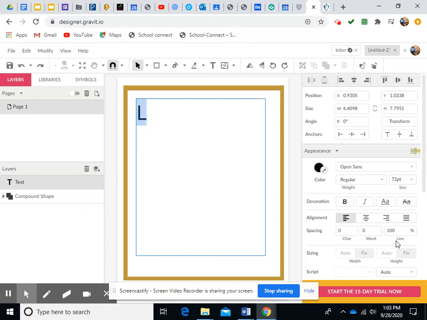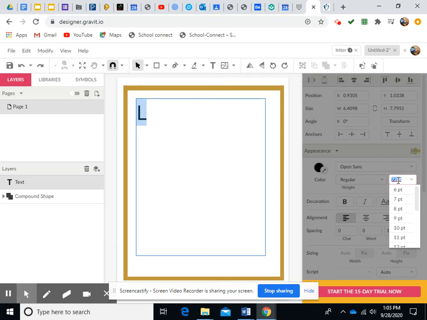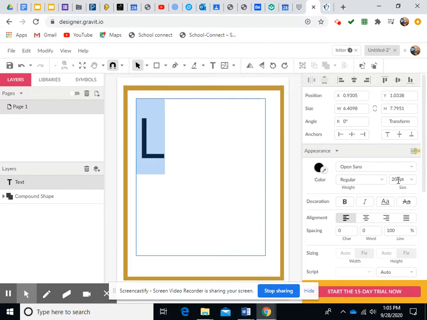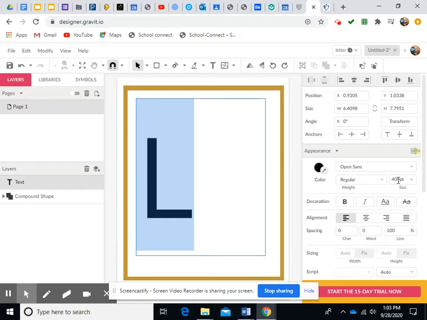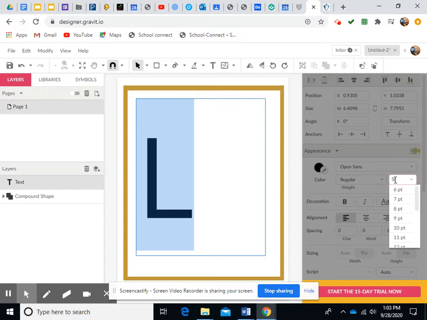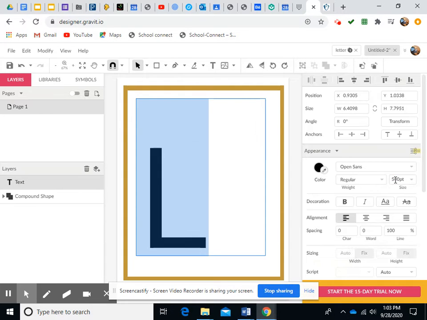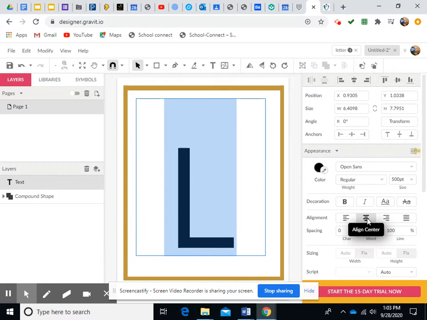We can see what 72 looks like. Still way too small. I'm going to click over here. I'm going to do 200. Nope, still too small. Let's try 400. That's better. Let me see what 500 looks like. Okay, and I want to make sure it's centered, but I don't really like this font, so I'm going to